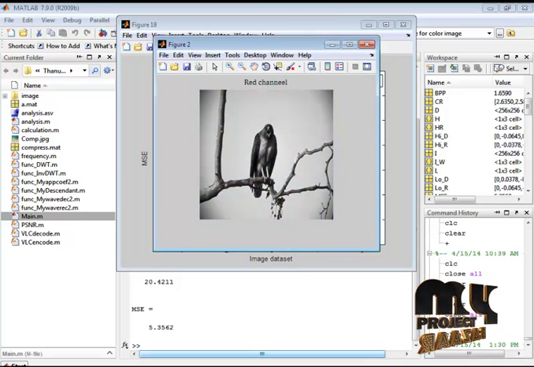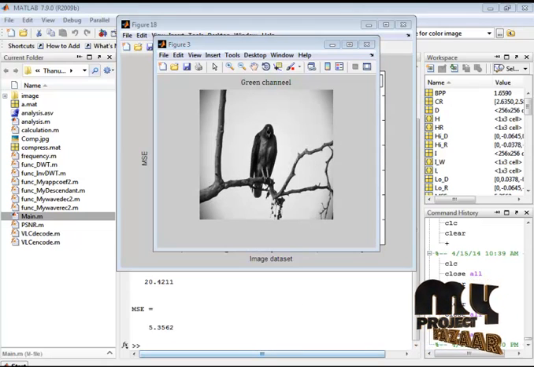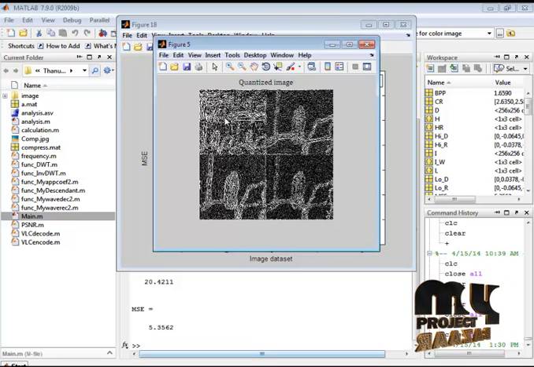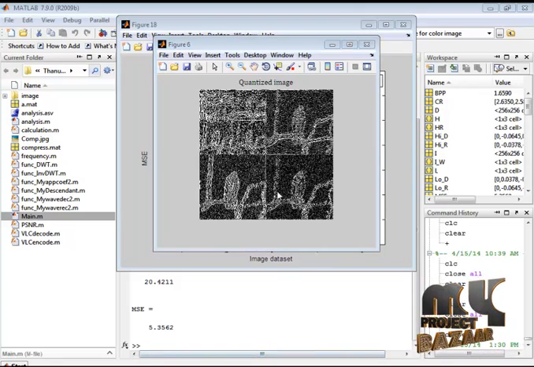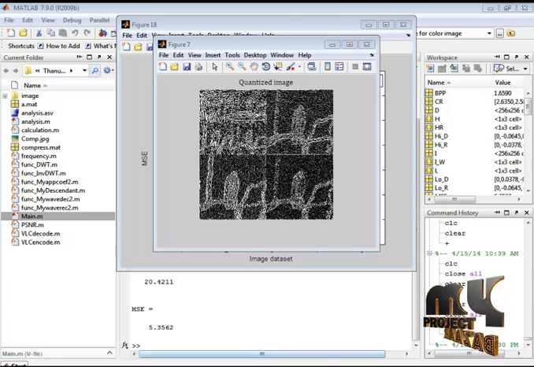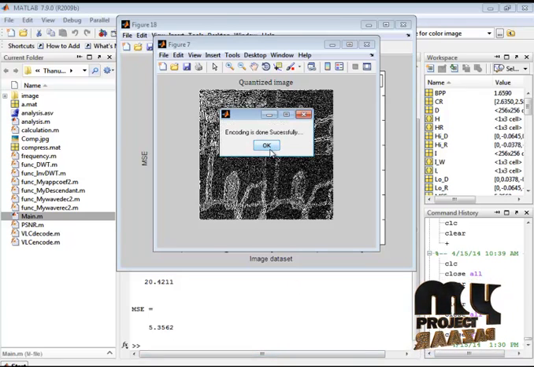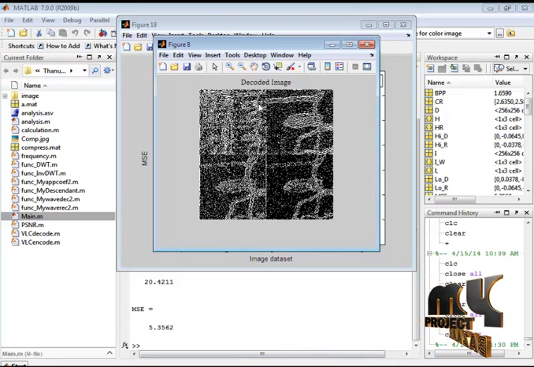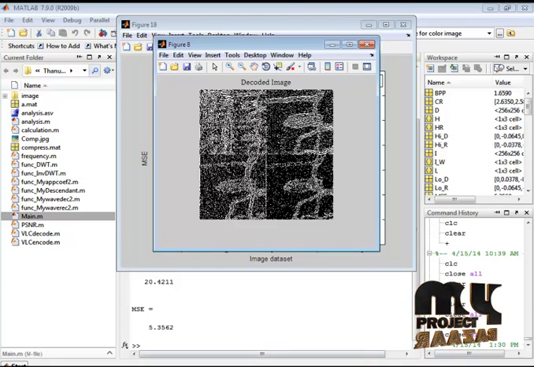For the input image, the red channel, green channel and blue channel information are separated. After that, the separated information will go to the quantization technique. This is the red quantized information, that is the green, this is the blue quantized information. So it will be encoded by the use of the VLC encoding algorithm. After encoding, it will go to the decoding process. This is the red channel quantization technique. The blue and green information are taken, and after that